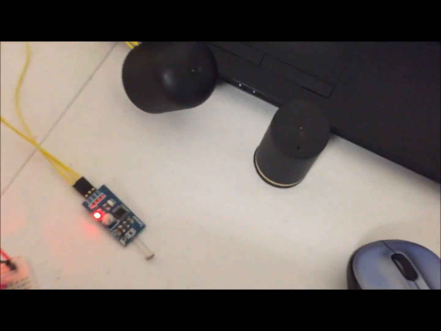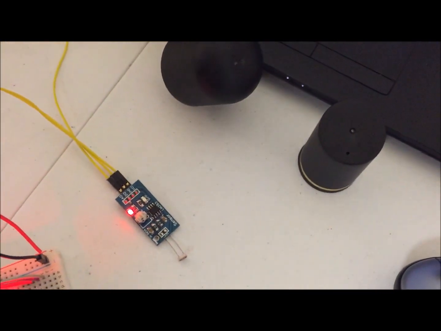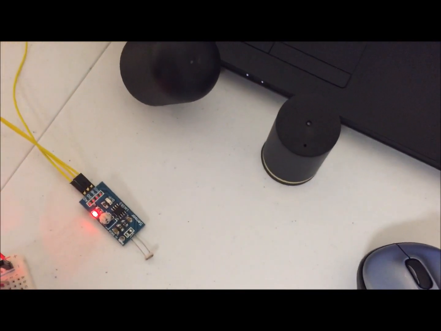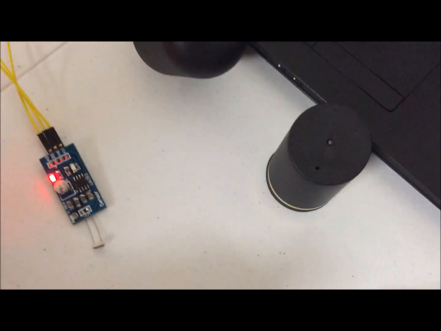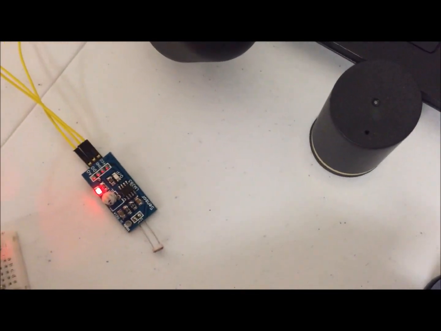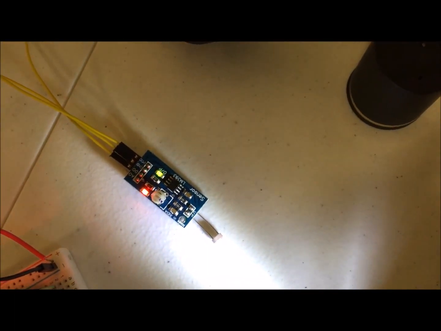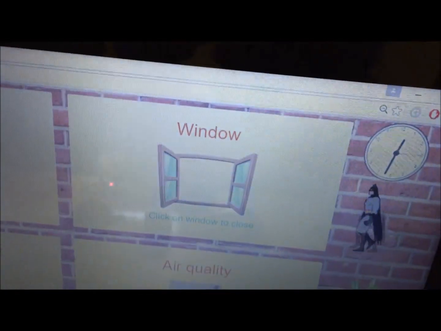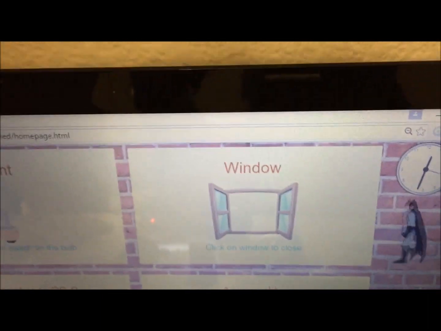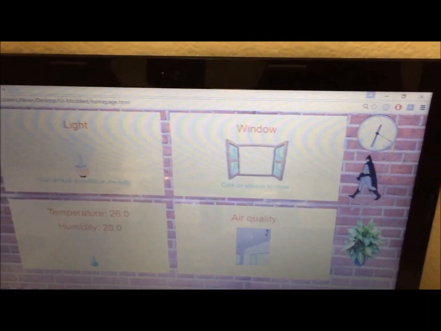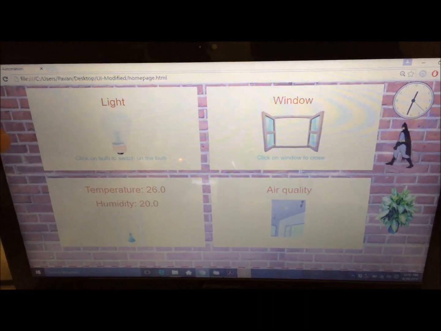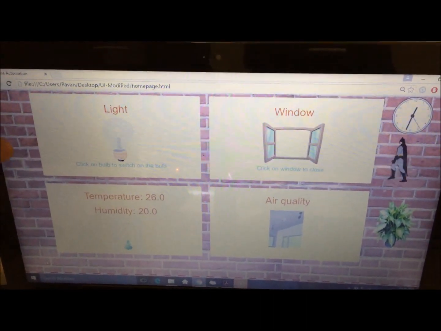We have set the light detection to a high value of light detection. So I'll be activating the light detection with an unnatural light, and see, as when the light is activated, the light detection shows that there is light available, and the background image in the user interface control is shown to be daytime.